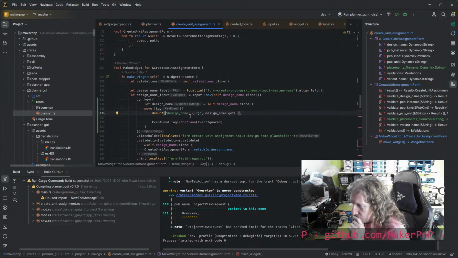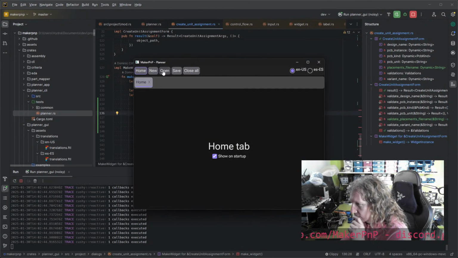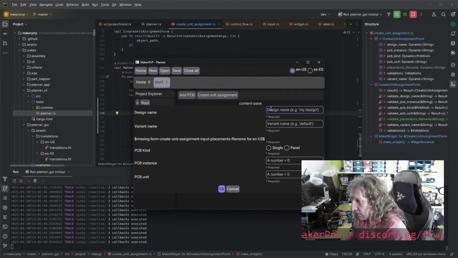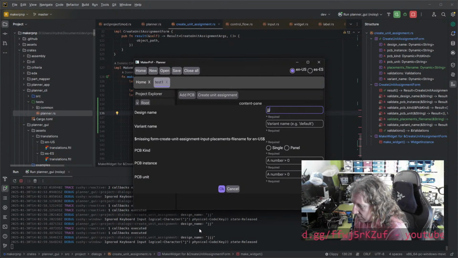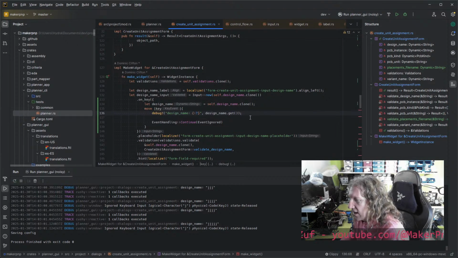So let's see what happens when we try and type into the design name box. Oh, well, yeah, fine. We haven't got a translation, but it says J. And that, yeah, okay, that might work. Fine. Okay, so let's say